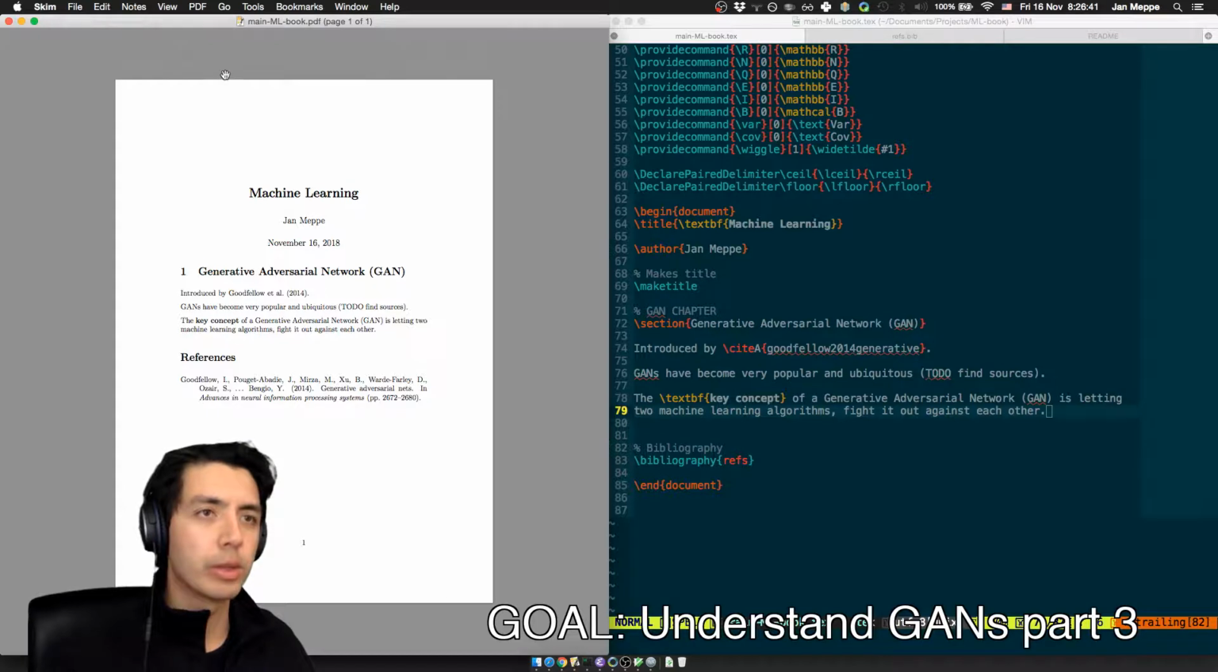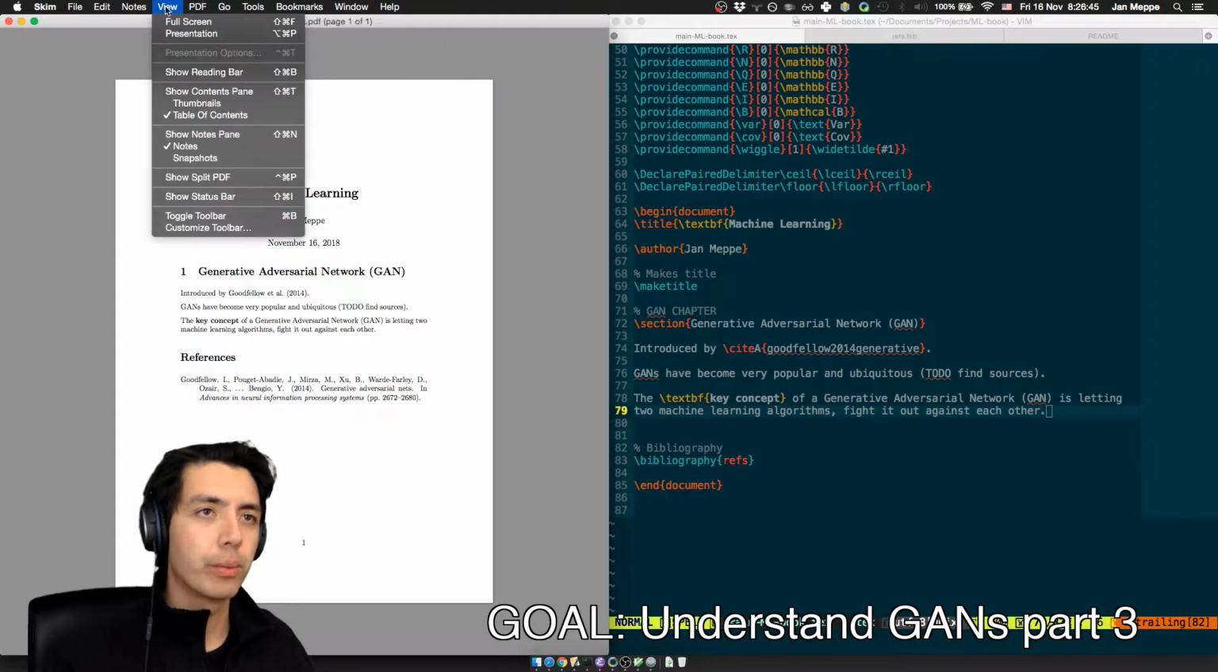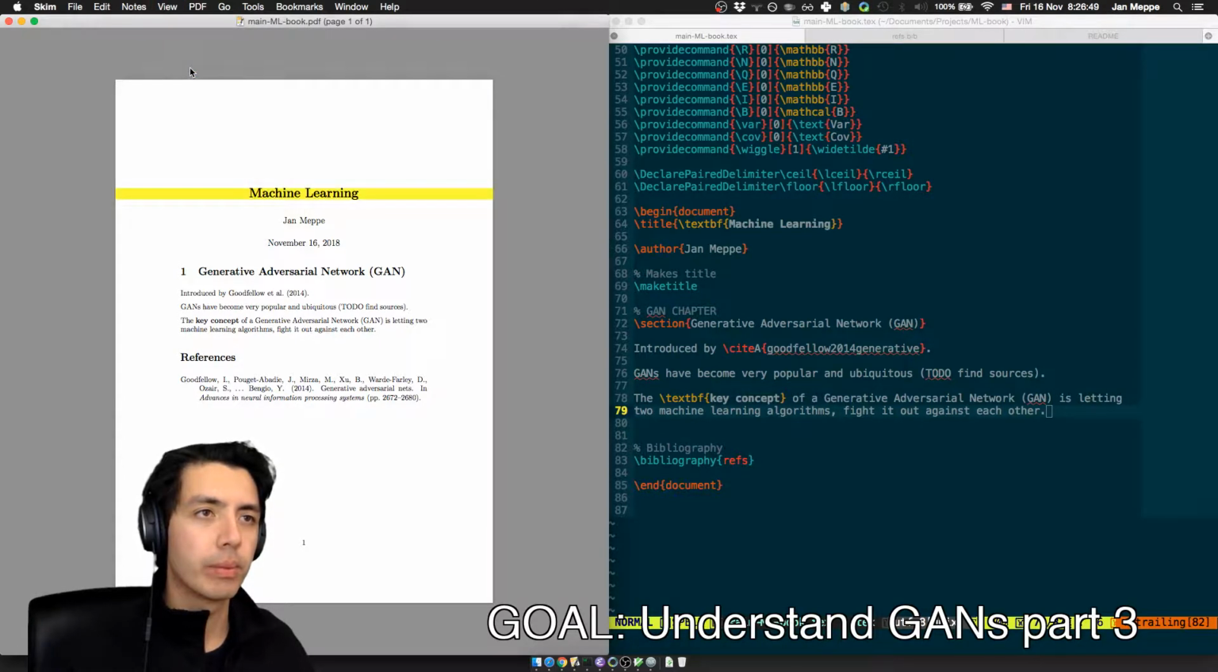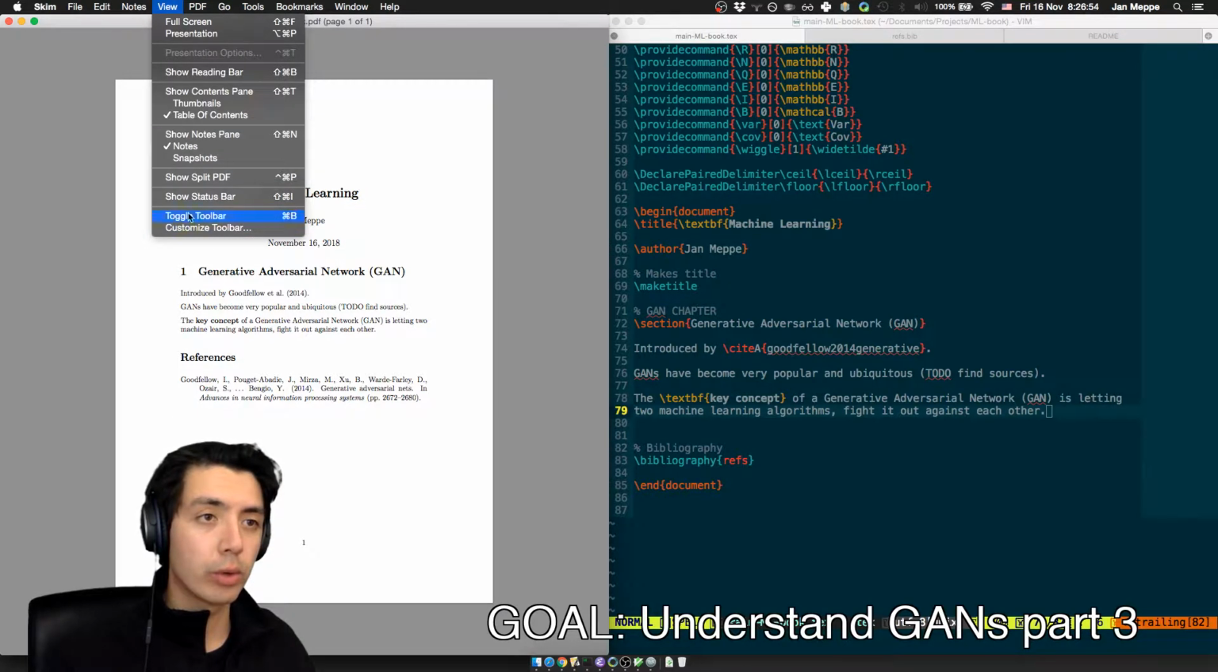Can I zoom in here somewhere? Where is my toolbar? View. Show toolbar. Nope. Show toggle toolbar. There we